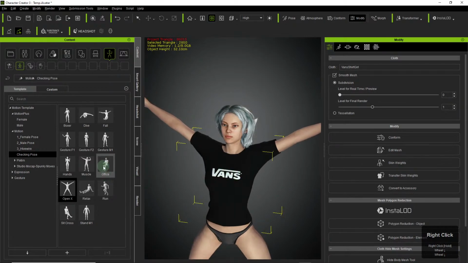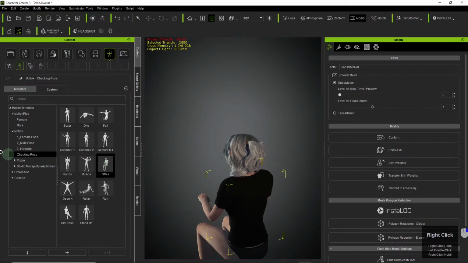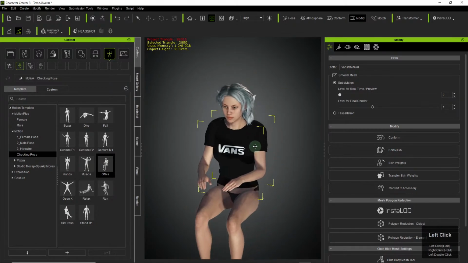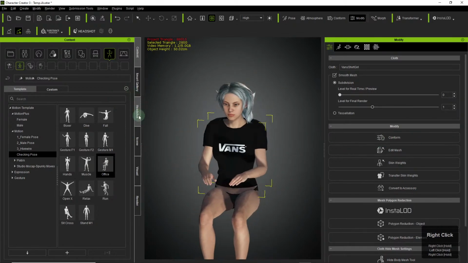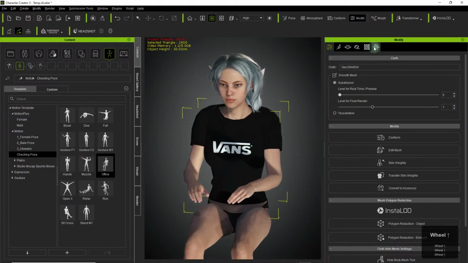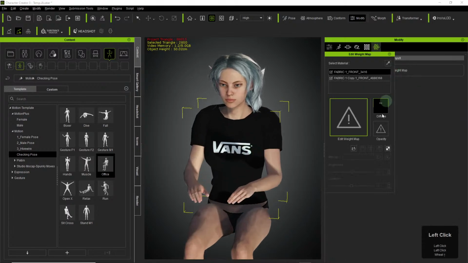Anyway, so I guess depending on the scene that you have, you would check roughly that the pose was good, that everything kind of worked. And then once you corrected stuff through sculpting or whatever, yeah, this doesn't have a weight map, so